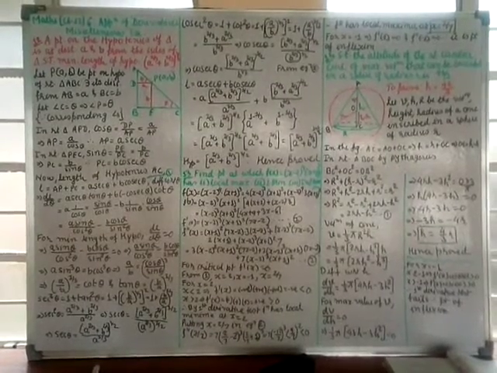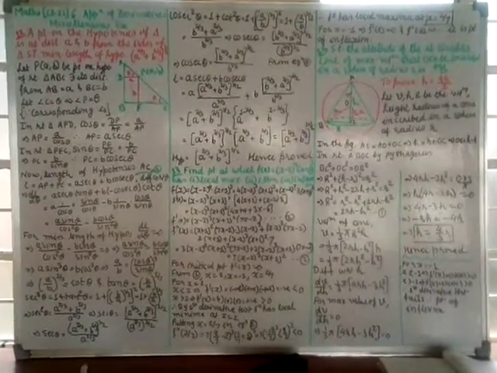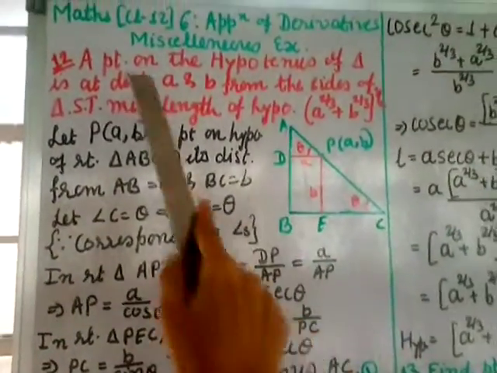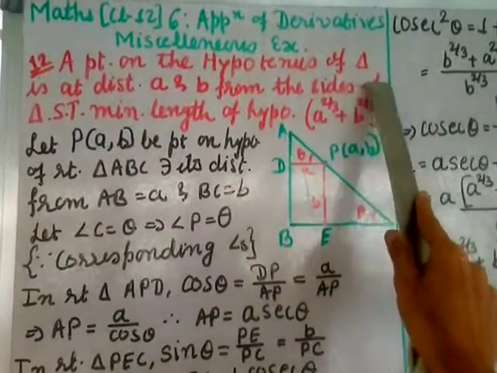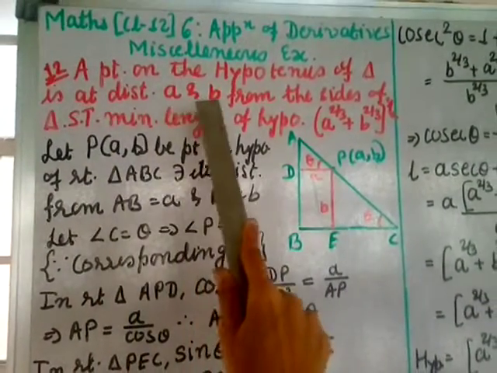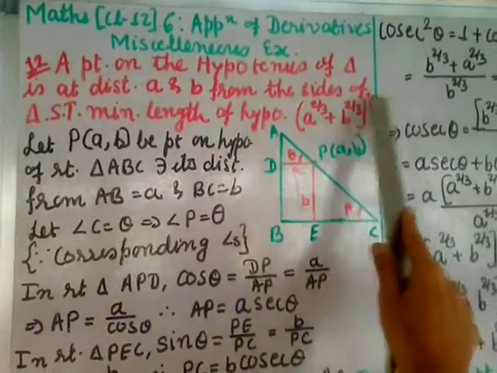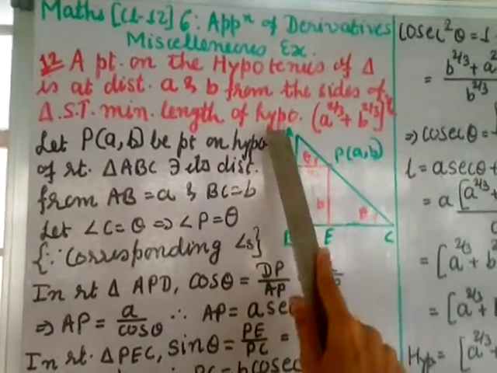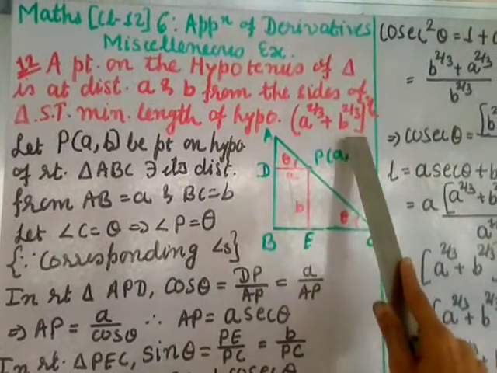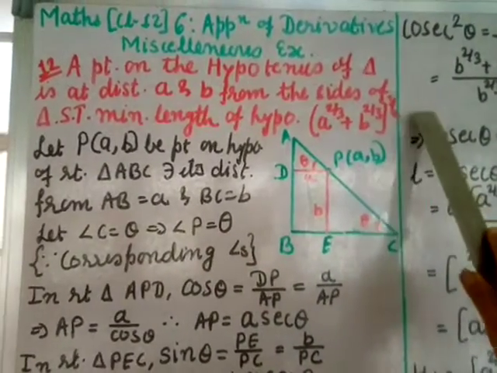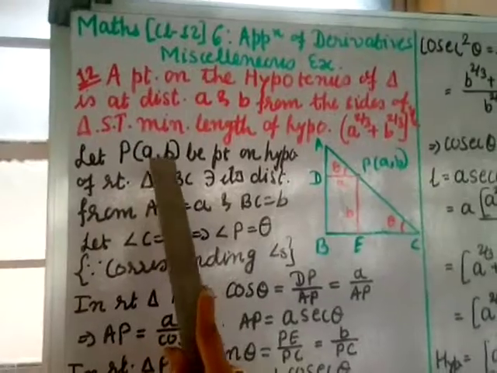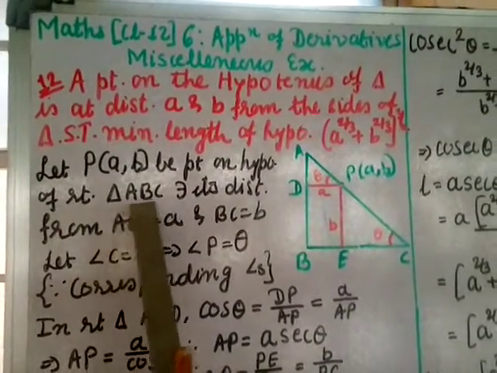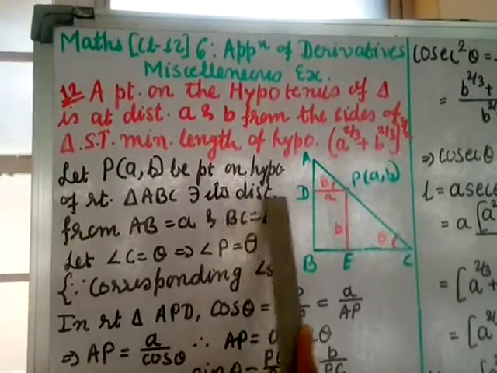Mathematics Class 12 Chapter 6 Application of Derivatives Miscellaneous Exercise Question number 12. A point on the hypotenuse of a triangle is at a distance a and b from the sides of the triangle. Show that the minimum length of the hypotenuse is (a^(2/3) + b^(2/3))^(3/2). Let P be a point on the hypotenuse of right triangle ABC such that its distance from AB